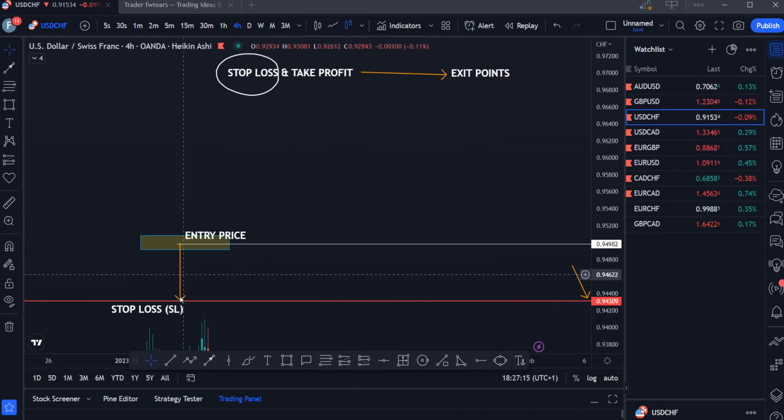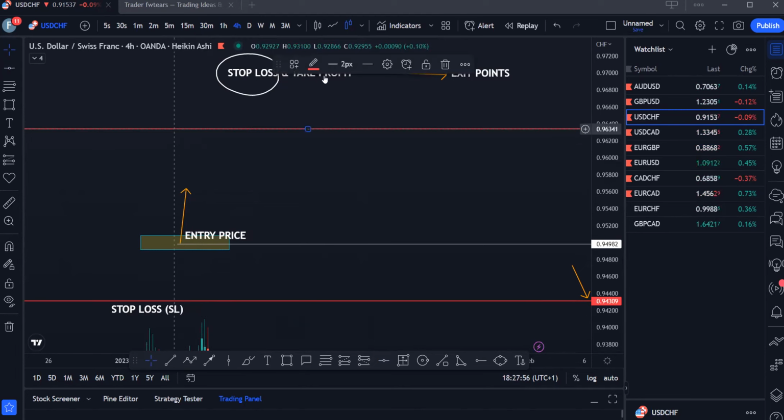Now on the flip side, your reward. So if price is going your direction, your analysis was correct, price is going up. As it's going up, you are making money. Okay, so you can set a price point, a zone, such that when price gets to that place, automatically you will also be taken out in a profit. All right. So you don't have to close a trade manually in profits. You can also set a take profit level so that when price gets to that point, somewhere here, let's change this to green,